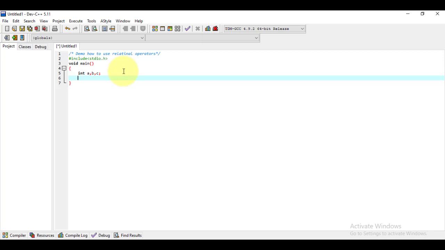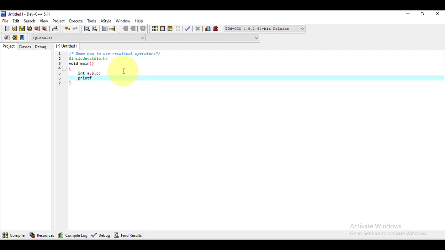So now I would like to display a message. Now the relation has to be set between the two variables. So I would like the user to enter two values, and according to the operator I would like to assign the value to variable c.